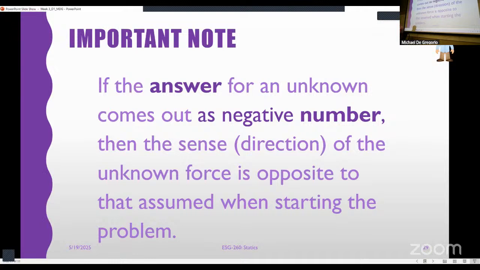So again, the reason why I assume everything is positive, unless I am absolutely sure that it is not, is because if I get a negative, it's a simple matter of me understanding that I just chose wrong, as opposed to me choosing it negative and then it comes out negative and then I have to draw it positive. So it's a bookkeeping thing. I understand that you can draw it however you like, but you guys got to be responsible for tracking the correct sign of what we're talking about.